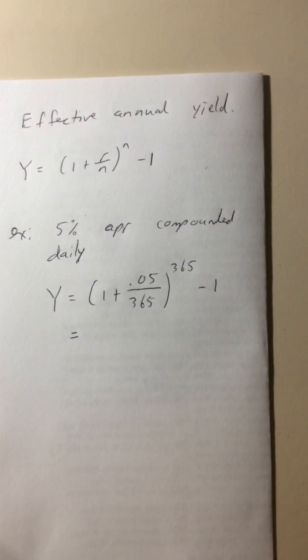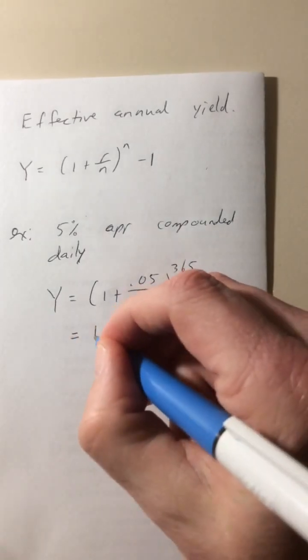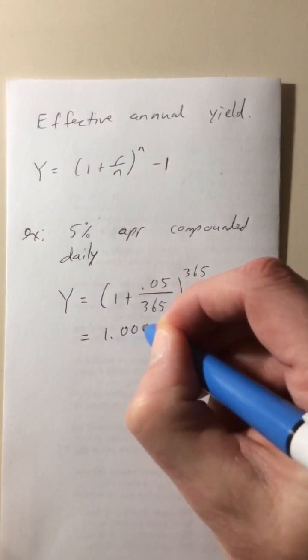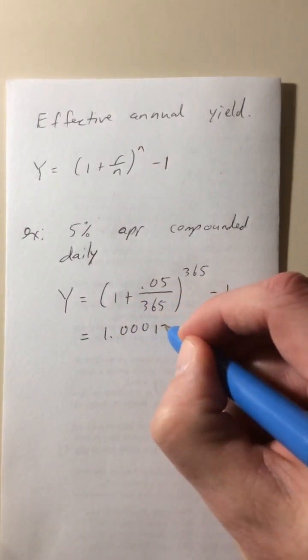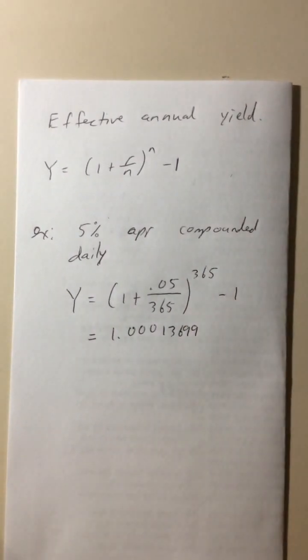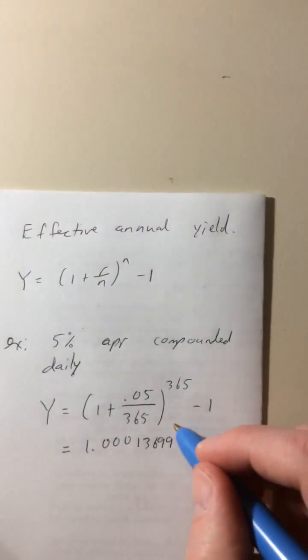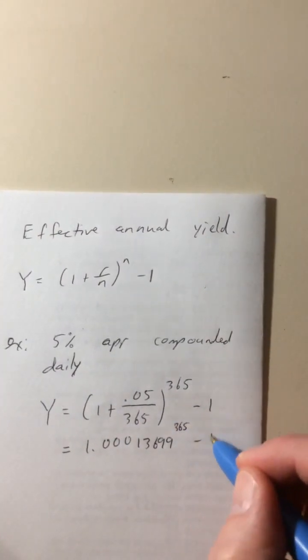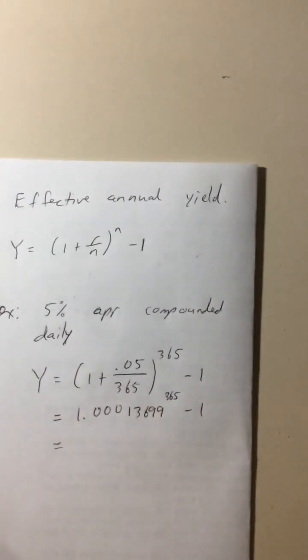So we're just going to do the calculation right there. 0.05 divided by 365 equals, and that's just some crazy little tiny number. We're going to add 1, and then we're going to raise that. So that turns out to be 1.000136 99. Now I went a little crazy there, but it really does make a difference when you're going to raise this to the 365th power. We want to make sure we're as accurate as possible. So I'm going to raise that to the 365th power, and we get